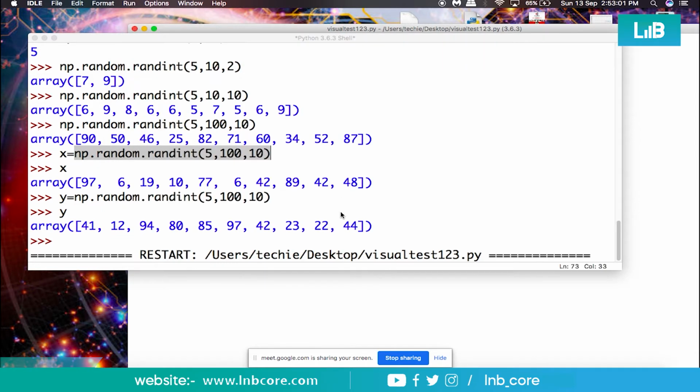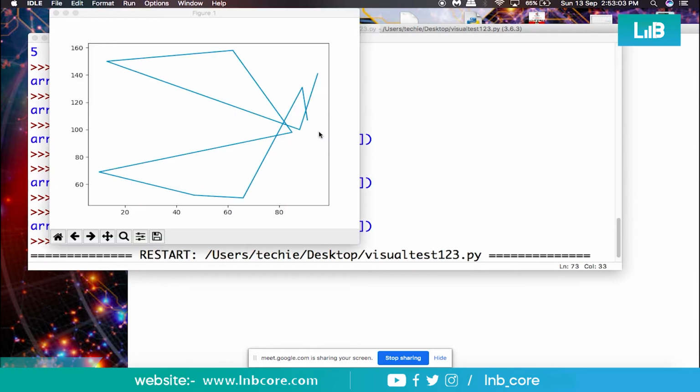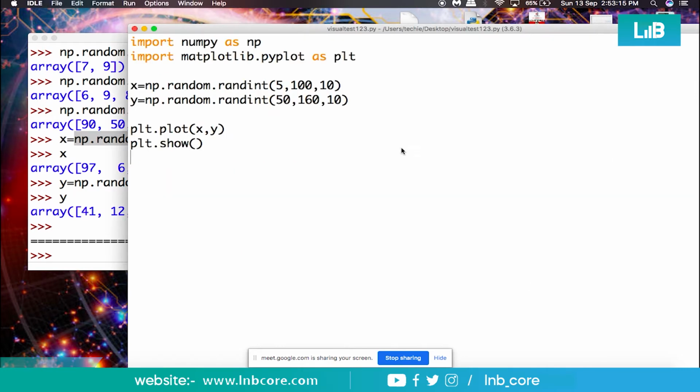Save it, run it. It will pop up a particular window. Yeah, and this is how we have got the graph. Again, notice that the graph is coming in blue color. So can we change the color? Here in the plot command, one more thing, you cannot use this plot command after show. So there is an order of using these two commands, plot and show.